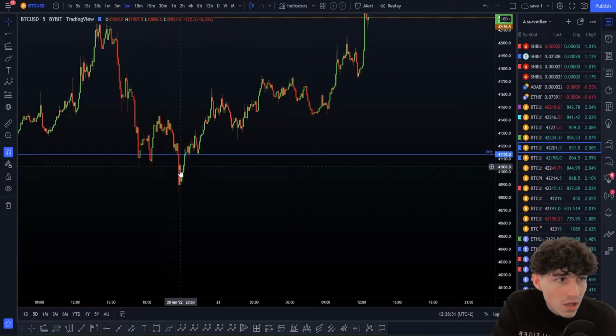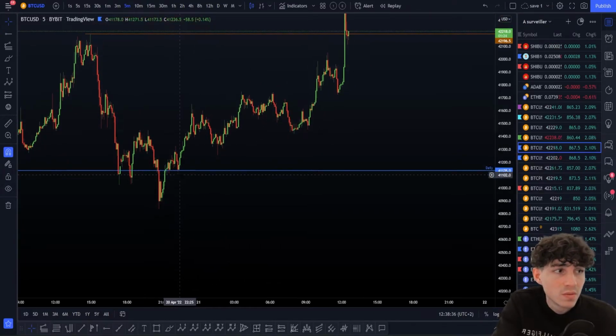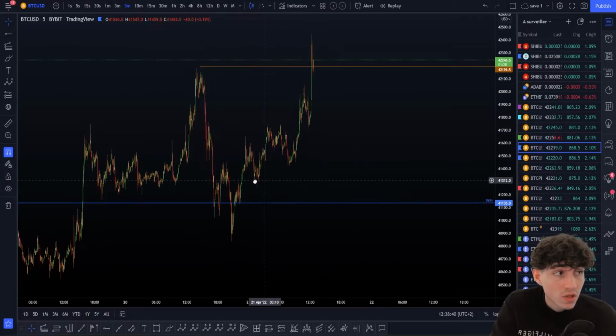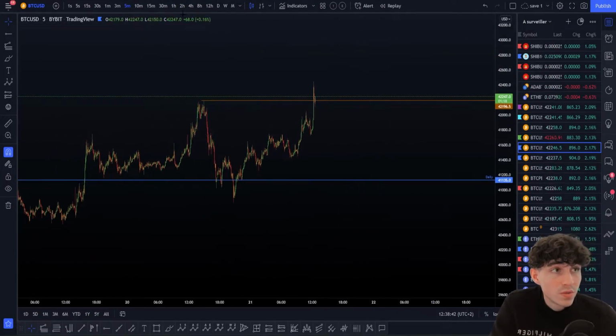As you can see here, we lose a level, reclaim it, and backtest it at support. Once we have backtested that at support, we get acceptance if we have the demand coming in to push higher, and this is exactly what we did here. So that was a safe long trade to take. That's why this is just pretty insane, how we are trading this.